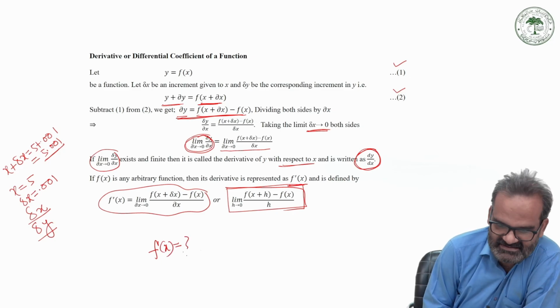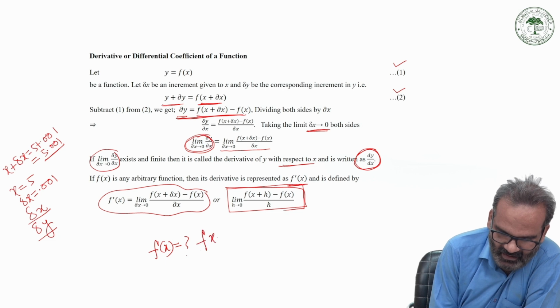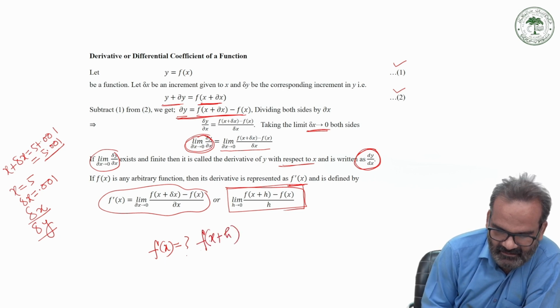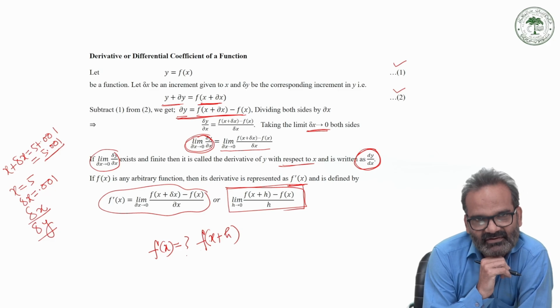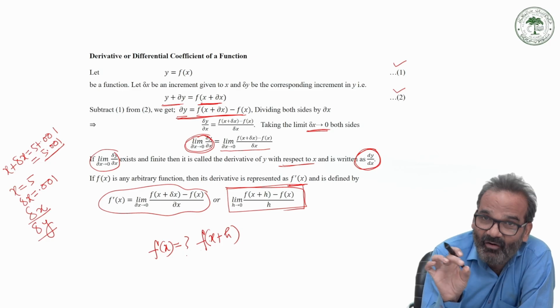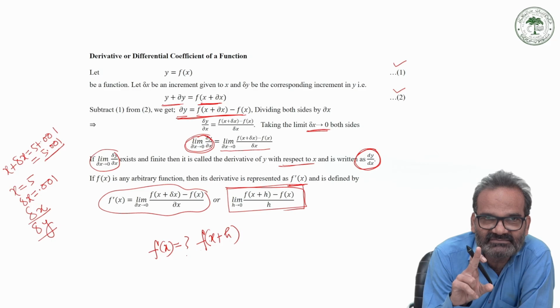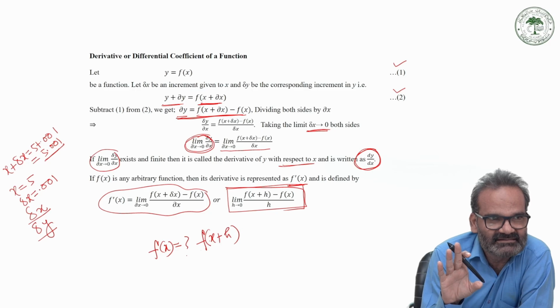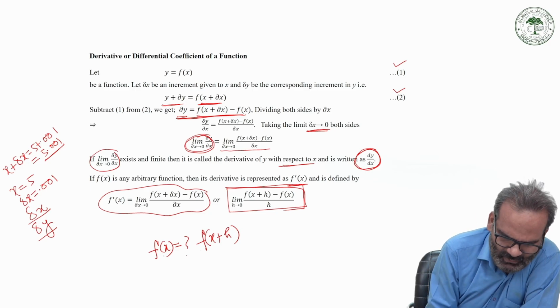What you have to do next? Simply find out the value of f(x+h). How can you find the value of f(x+h)? It can be calculated by replacing all the terms of x by x plus h. Only the terms of x will be replaced by x plus h. The rest of the constant numbers will remain as they are. In other words, whenever you have x in the given function, put x plus h in place of x,